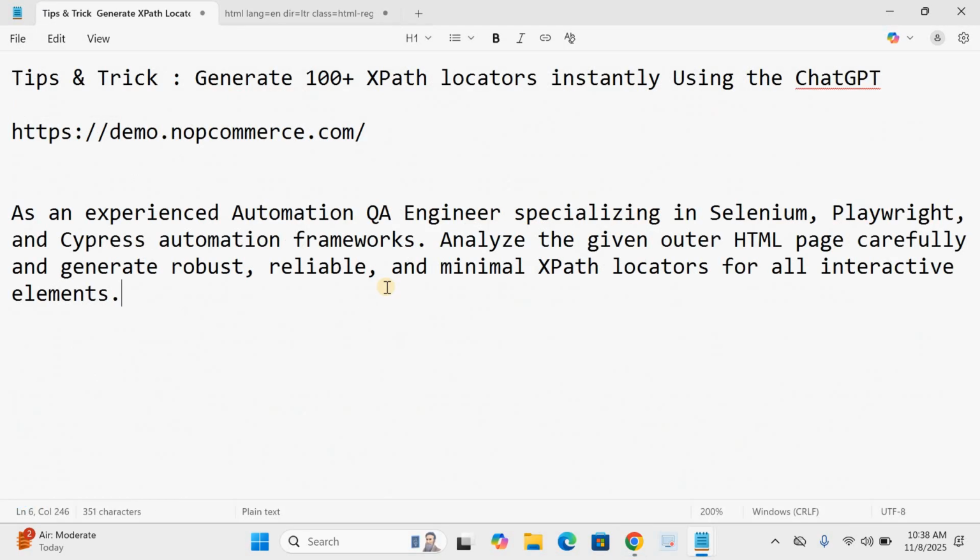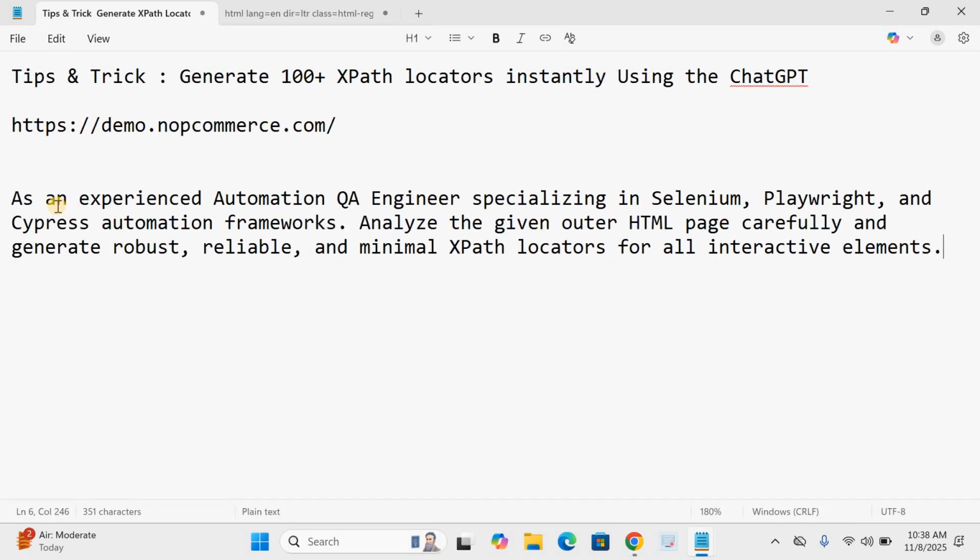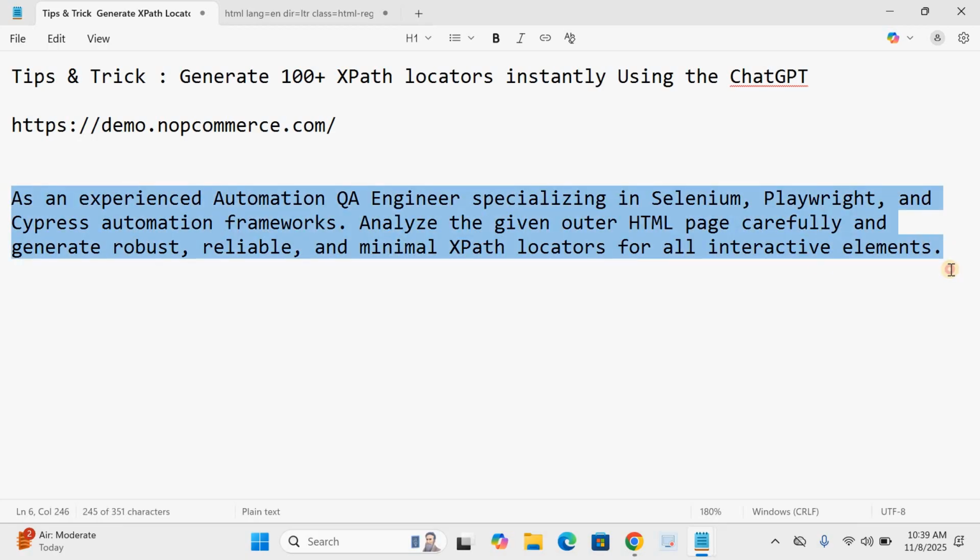Here I will write: as an experienced automation QA engineer specialized in Selenium, Playwright and Cypress automation frameworks, analyze the given outer HTML page carefully and generate robust, reliable and minimal XPath locators for all interactive elements. So this is the prompt which I am going to use.